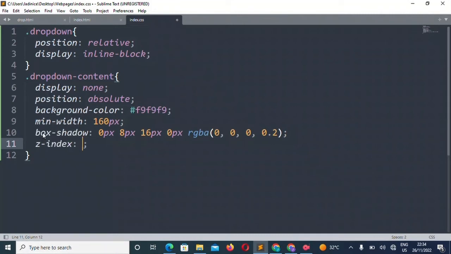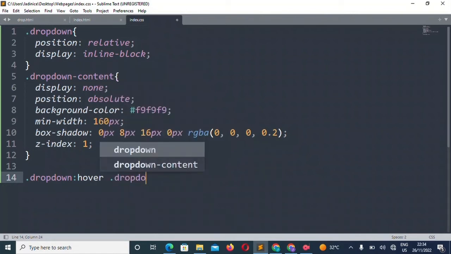The z-index, make it 1, and now we'll create another style. This is what will make it appear. So we're gonna make it hover, give some space to that, then drop down content.